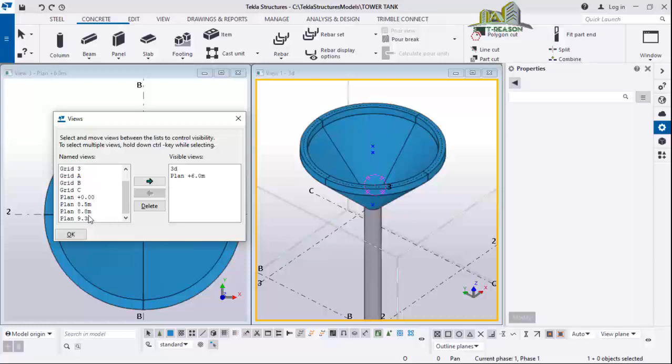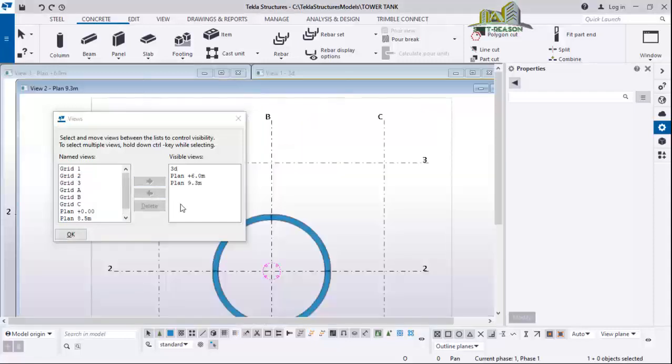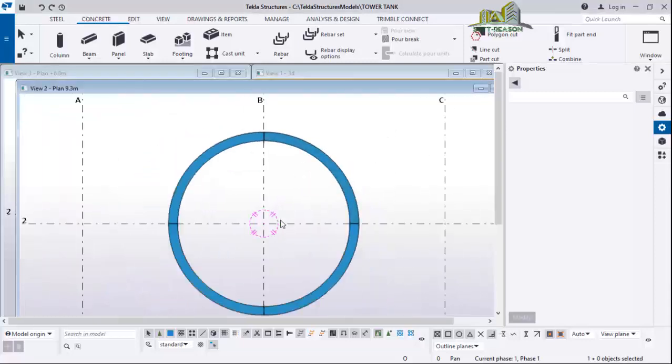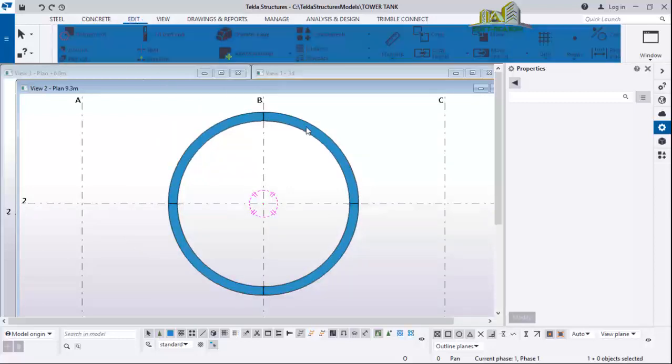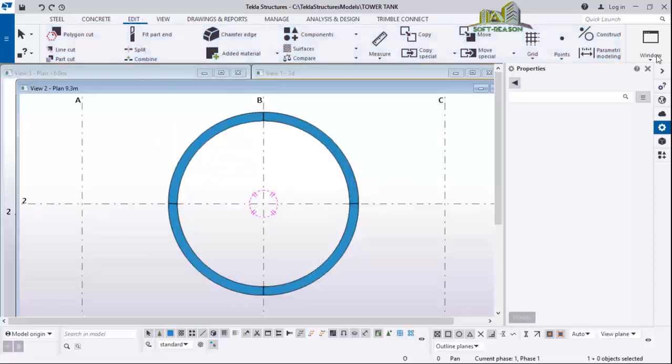Okay, this one, 9.3 meter. So I'll select this and then bring it to the visible view. Once I brought it to this visible view, I'll click on OK, just like this. So the next thing I will have to do is go to the edit tab, select